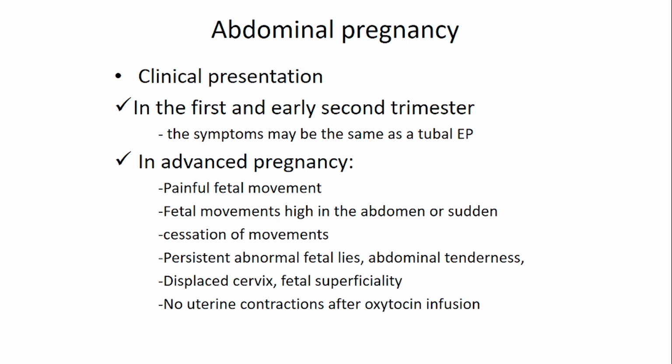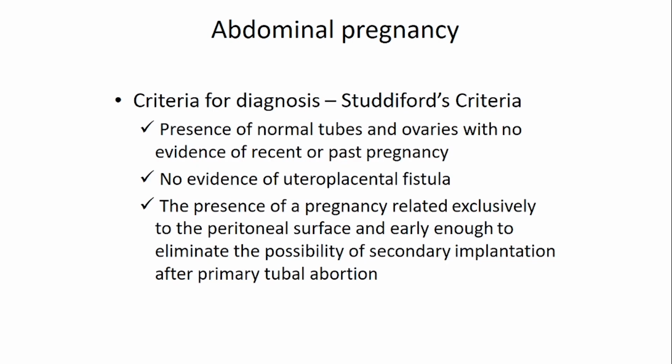But when it is advanced, then the diagnosis may be easier, because at that time there may be painful fetal movement. The fetal movement may be high in the abdomen, or there may be sudden cessation of fetal movement. Again, when you examine, there may be persistent abnormal lie, abdominal tenderness, and the cervix may be displaced. And then sometimes in the past you may use what we call the test of oxytocin infusion. There may be no uterine contraction when the patient is